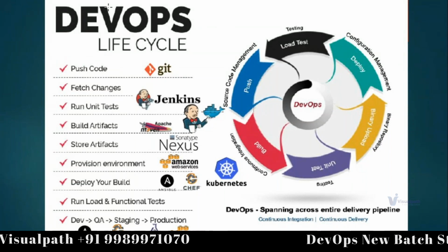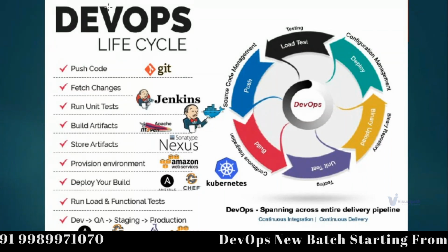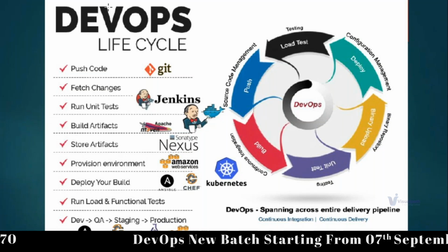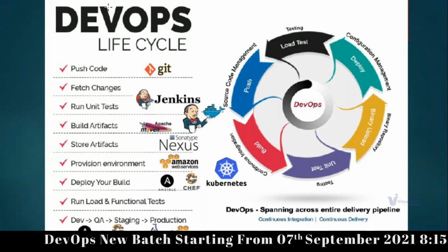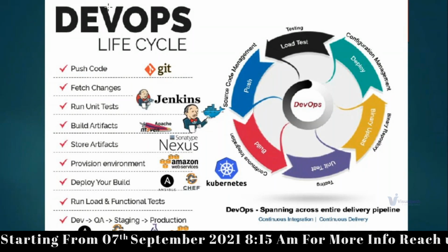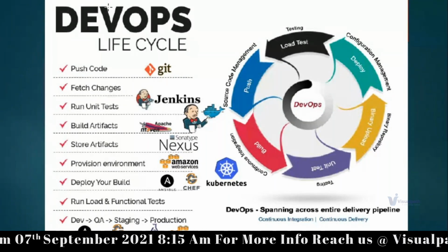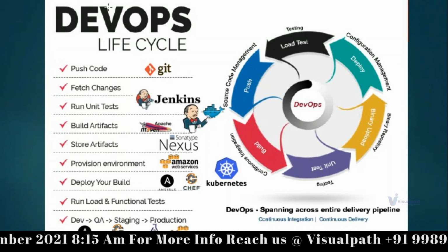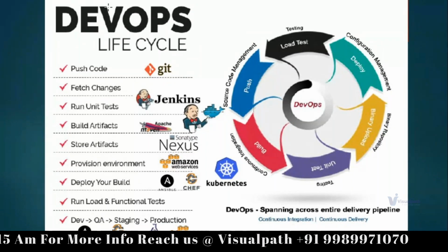So the developer writes the code and pushes it into a version control system like Git. You must have heard about Git. Even if you have not, it's fine. If you don't know this tool, that's fine, guys. This is for people who know these tools, so you'll understand where these tools fit in the life cycle.